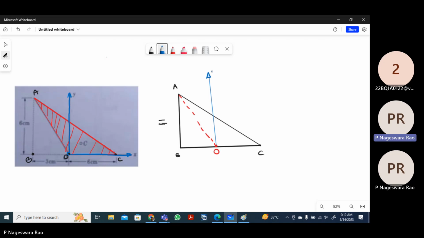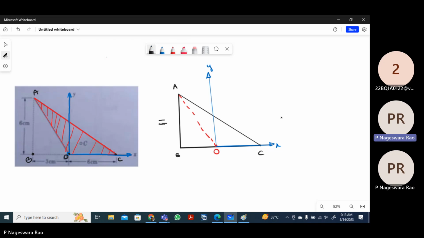This is the x-axis, and this is the y-axis. So from this entire triangle ABC we need to subtract